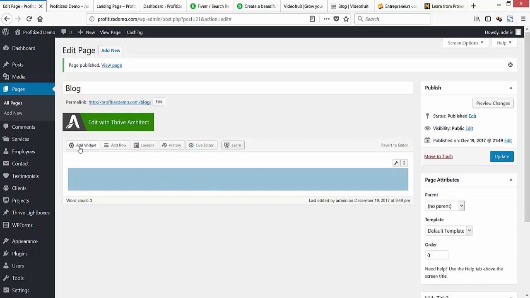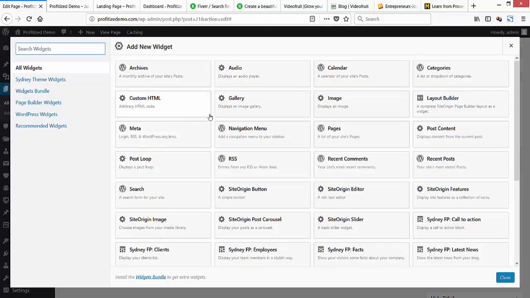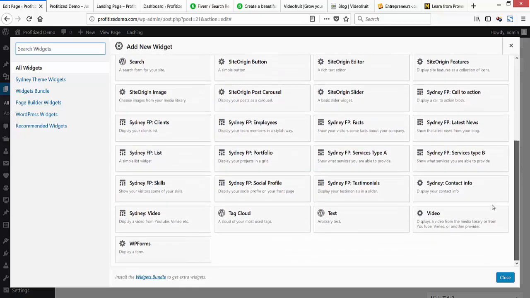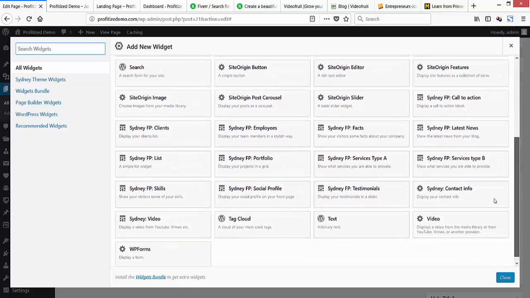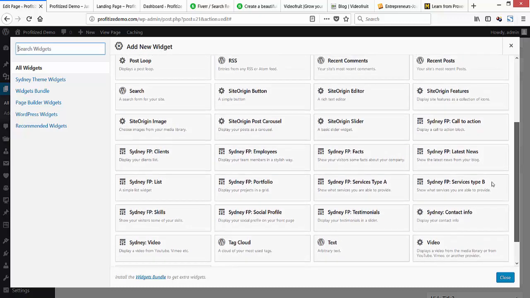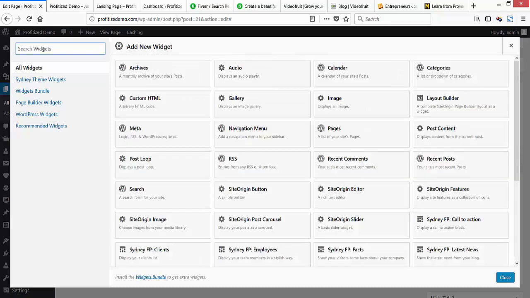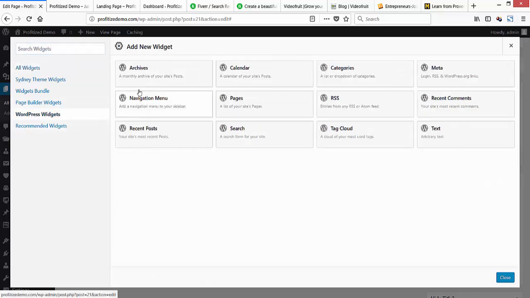Okay, then we're going to go to add a widget, and what we're going to add in is from the current post, we didn't need to add our blog post. This is not the best way to do it, and I'm going to show you how this looks different in a second. So for now, I need to look for the WordPress widgets, and we can look at our